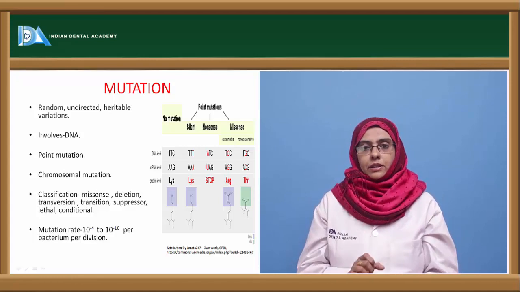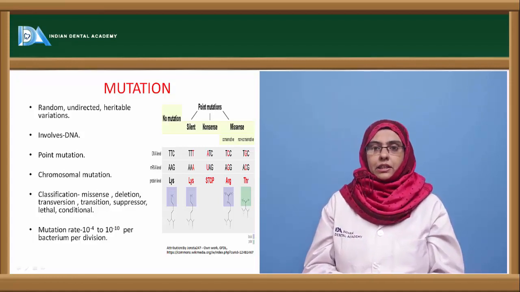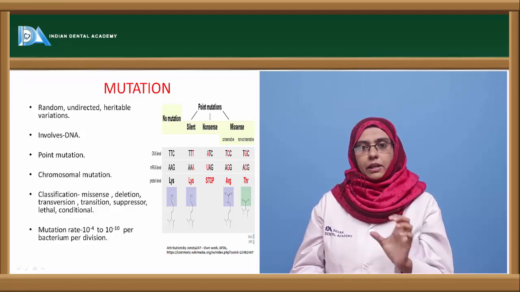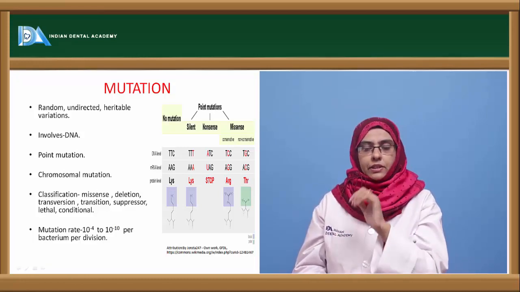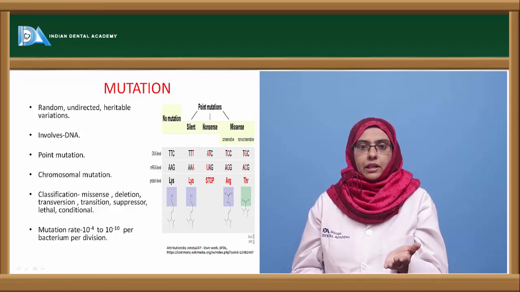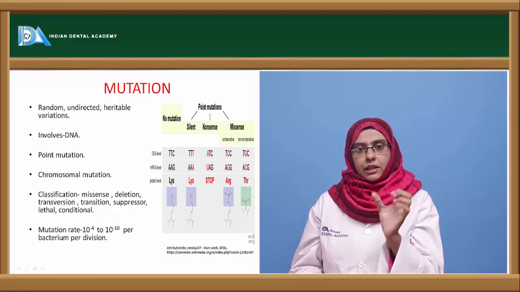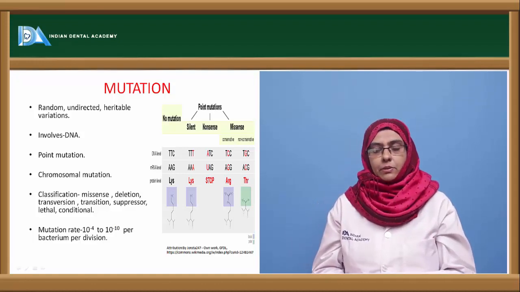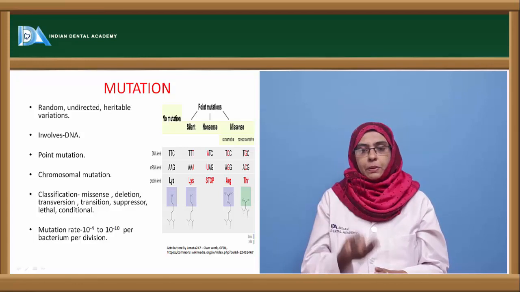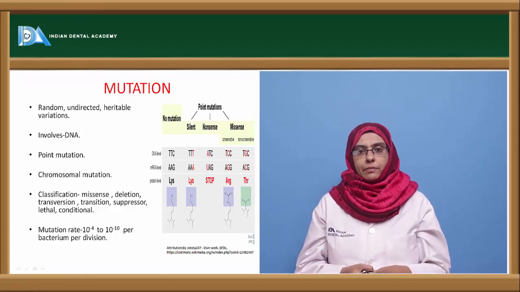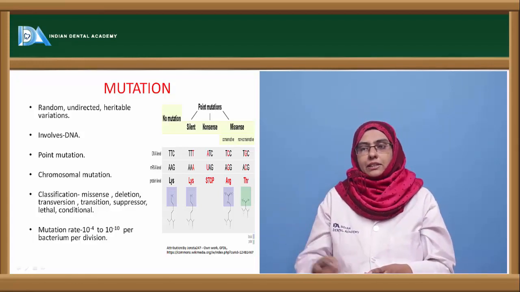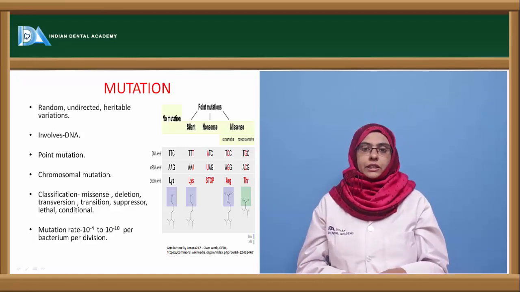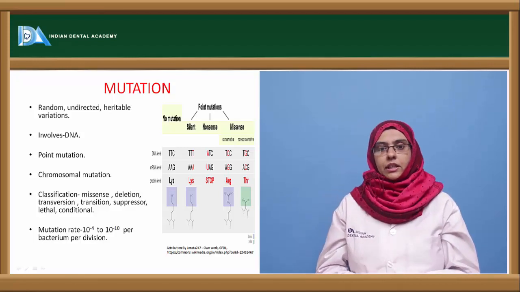And one of the examples of this is called a conditional mutation, where the organism usually surviving in a normal range of 39 degrees centigrade, if mutated by a conditional mutant, can survive only at 35 degrees centigrade. So increasing the temperature will ultimately kill the organism. So conditional mutations usually are expressed during a particular environmental condition. So this is how you can classify the mutations into different types,